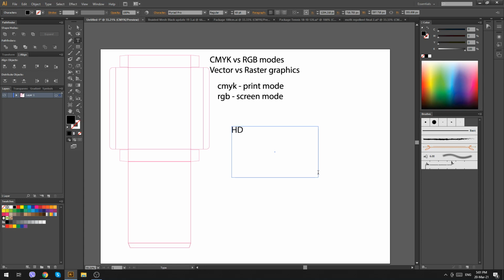So the most important things that we learned today in this lesson: your packaging needs to be in CMYK mode, that is the print mode. You can use HD raster images, or you can use regular vector graphics. These three things will ensure that you have